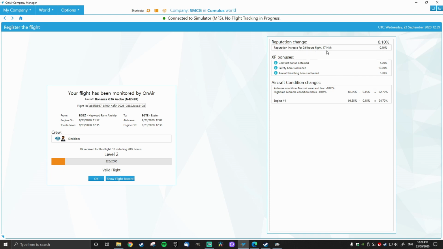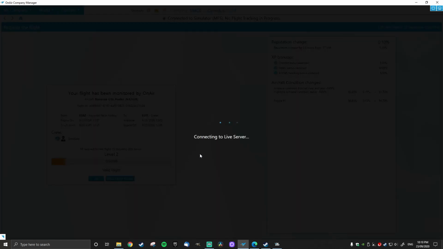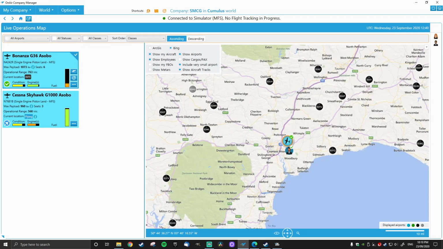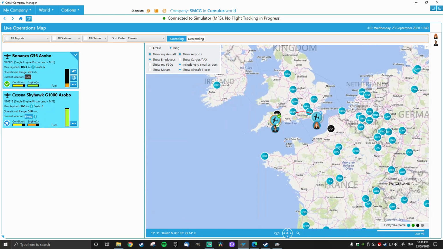So all in all, a pretty good flight, to be honest. 0.1 reputation change. It was only a 17 nautical mile flight, although it was a little bit longer than that because we did do the RNAV. We got all of our bonuses there: safety bonus, aircraft handling bonus, and comfort bonus. So all in all, a relatively good flight considering the conditions. We're probably going to have to do a VFR flight for our next flight that we are going to do. At the moment, we have oh,